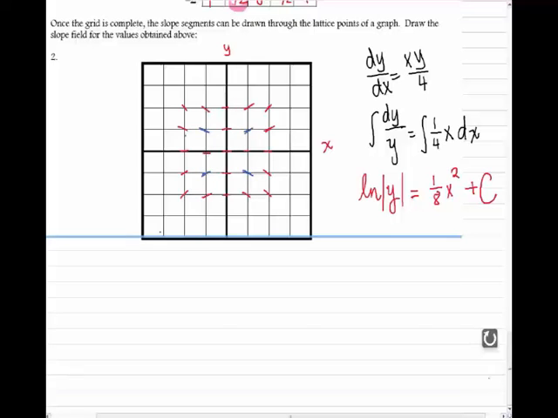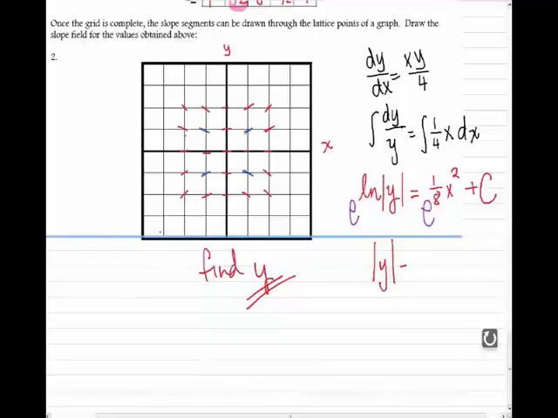Now I want to solve this. I need to find y. But so far I have ln of y. I don't have y. So we need to basically take e to the power of both sides, e to the power of ln of y and e to the power of 1/8 x squared plus c. The nice thing about e's and natural logs is that they are inverse functions. So you're going to end up with just the absolute value of y equals e to the 1/8 x squared